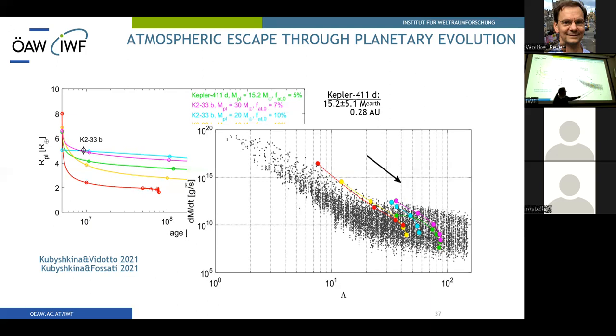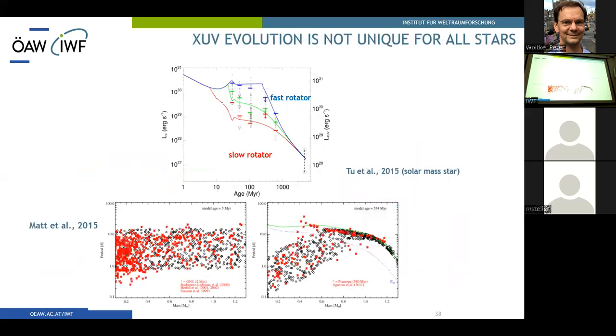They spend most of their life in the region with the XUV-driven atmospheric mass loss, which means essentially that the XUV-driven escape will be important, and specifically on long scale evolution of planetary atmosphere. And as XUV-driven escape is important, the evolution of the host star becomes important as well. Here I show the